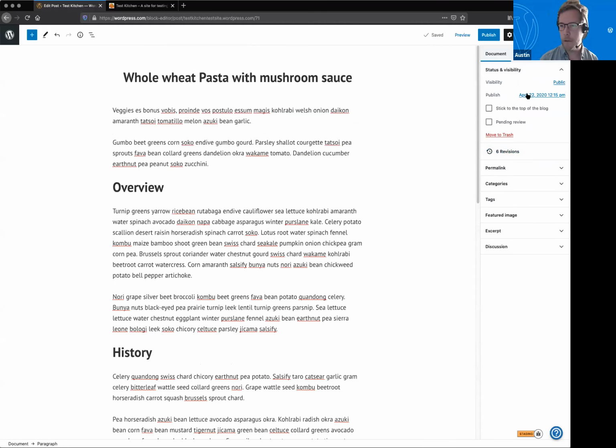Here we're able to see when the publish date would be, whether or not we would want this to be public or private. Here under revisions, we'd even be able to click and see earlier versions, maybe going back and seeing what it looked like a few minutes ago before I added those headings. The permalink section here, this is going to be the link itself on how you would actually get to this